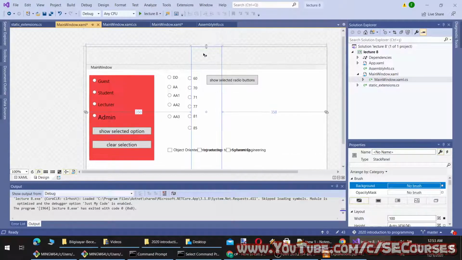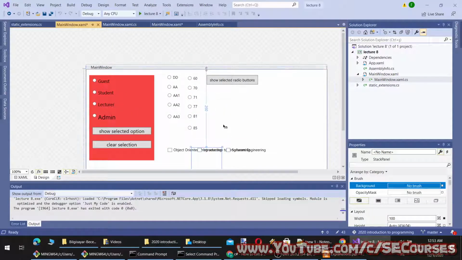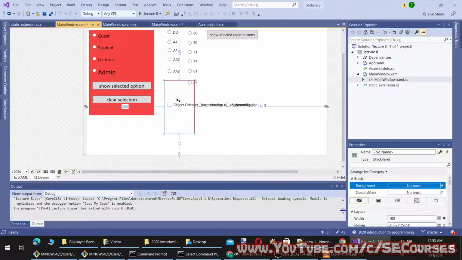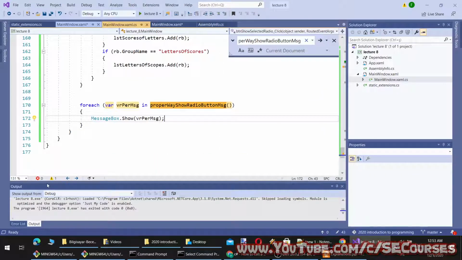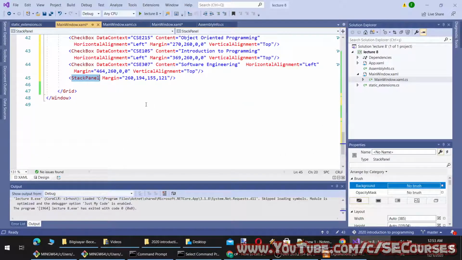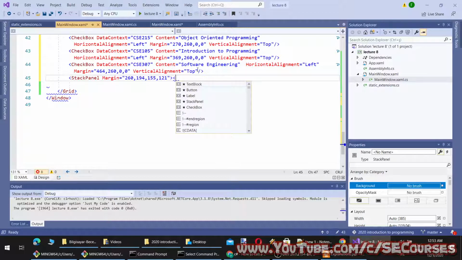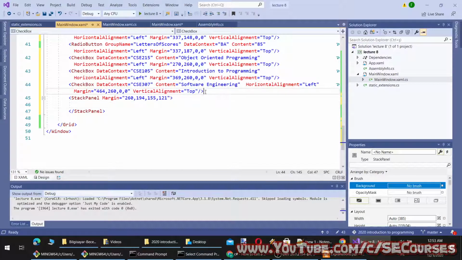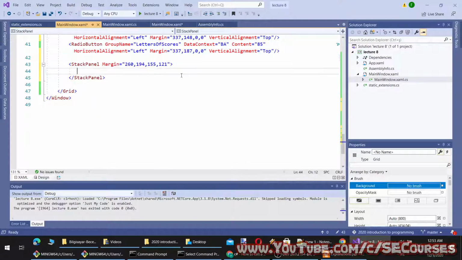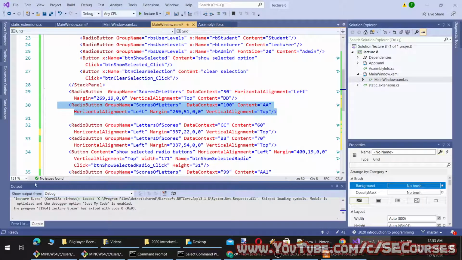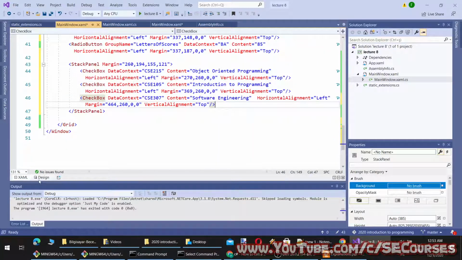Okay, now the stack panel is visible for me to modify. I'm going to take these objects into the stack panel, and let's get these checkboxes inside this stack panel. And let's see the design.